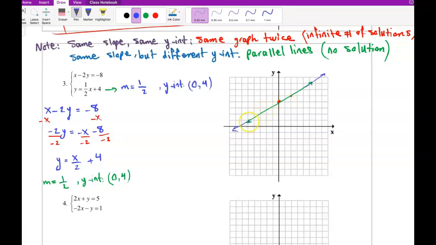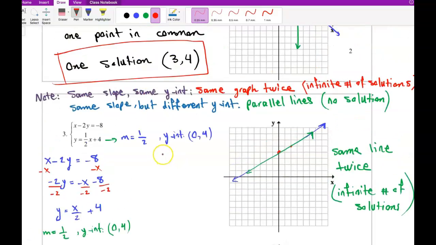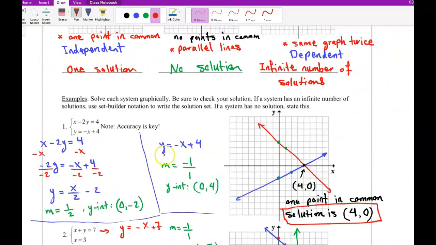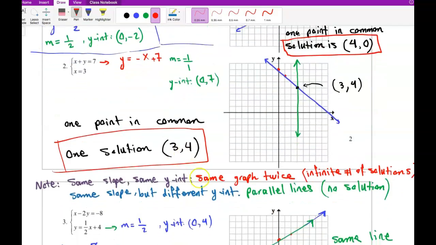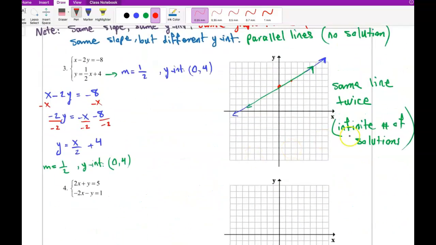So here I use green and the other one is blue. You can see that since I used 2 arrows, this one is for 1, this is for the other one. Okay, so we have same graph twice. Now what it asked us is if a system has an infinite number of solutions, use set builder notation to write the solution set. So here in this case we have infinite number of solutions. We're going to use